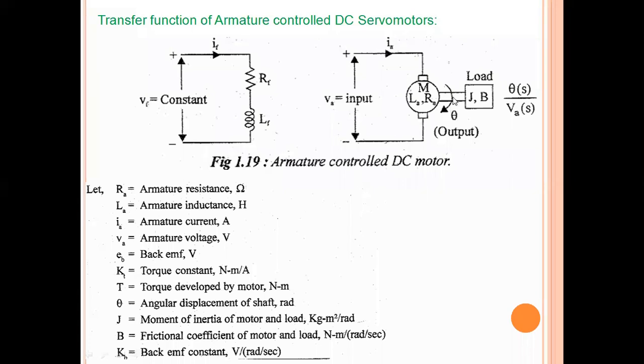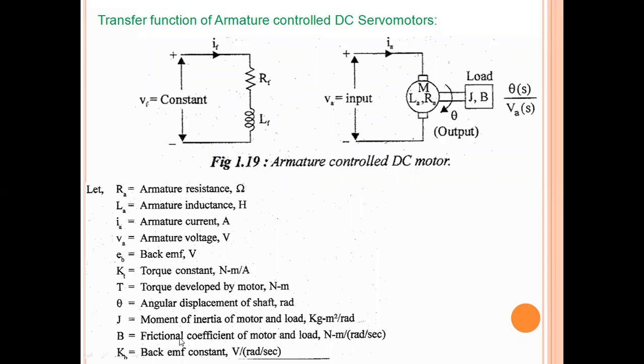Generally, the load of the motor is connected on the shaft. This is the shaft rod, right? So we will connect the load on the shaft. The shaft will also have some weight and the load will also have some weight. That weight is represented with the letter J, which is the moment of inertia. So the moment of inertia of the motor along with its load, combinedly represented as J, is the mass of the load as well as the shaft of the motor.